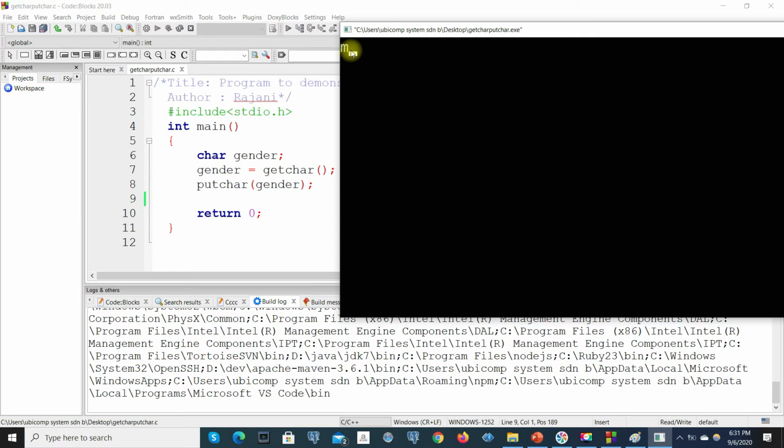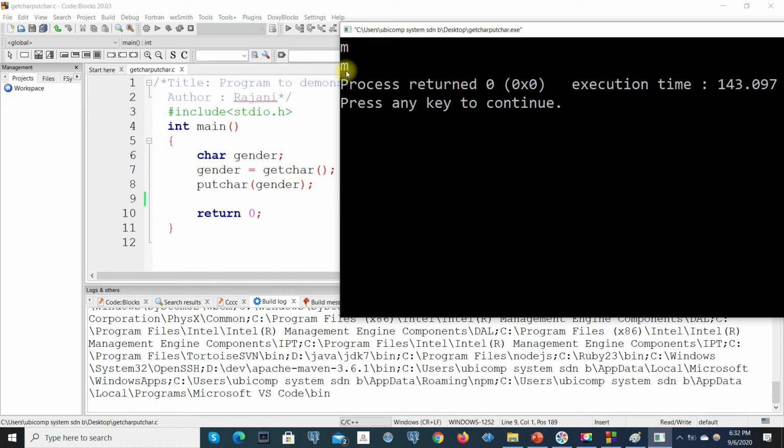Now to indicate that input is completed, we need to press the enter key on the keyboard. Once we press enter key, then this statement will start its execution. Now let's press enter key. This is the output of this statement. After that, it will complete our program execution successfully. Now let's exit the command prompt.